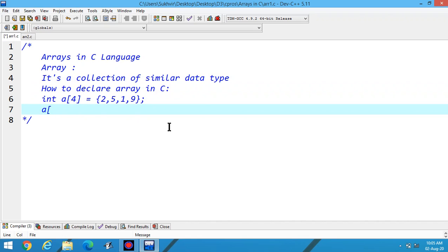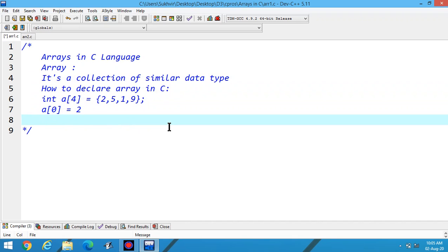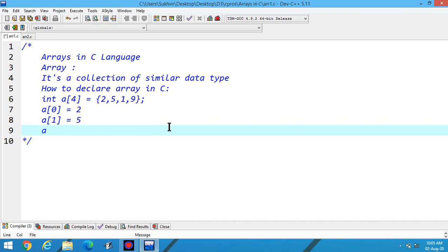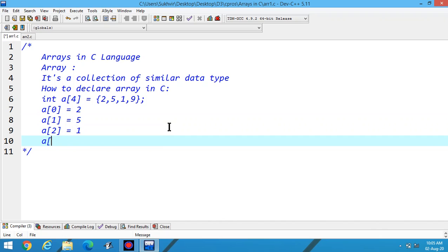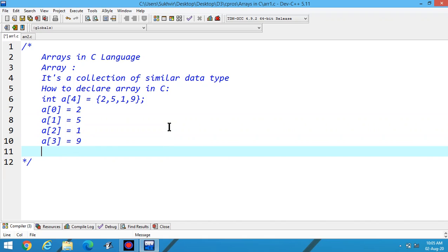It means A0 is equal to 2, A1 is equal to 5, A2 is equal to 1, and A3 is equal to 9. It means if I write A n, the location is from 0 to n minus 1.